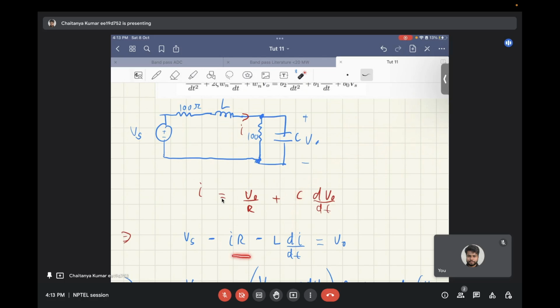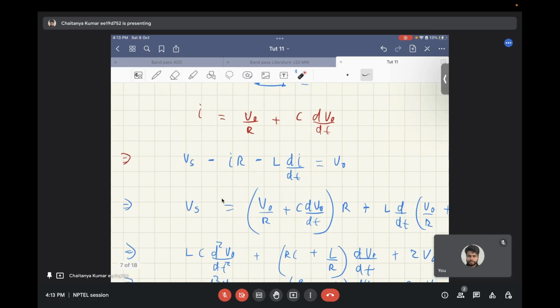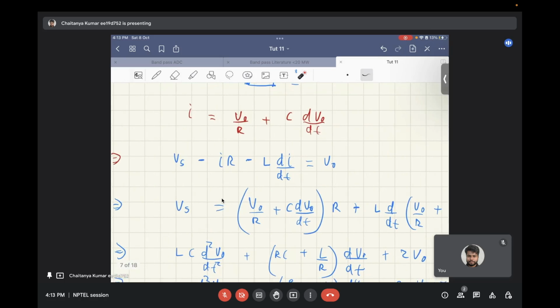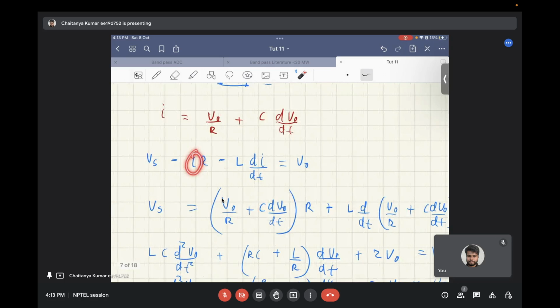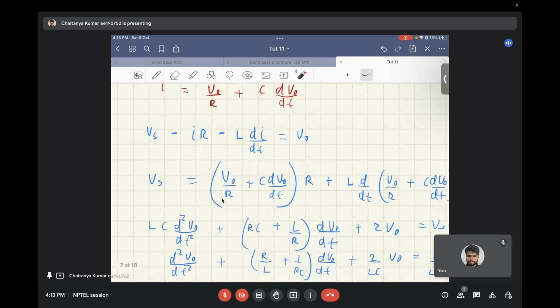So Vs minus IR minus L dI by dt is equal to V naught. Now, if we substitute the value of I into this equation, we get the following expression,